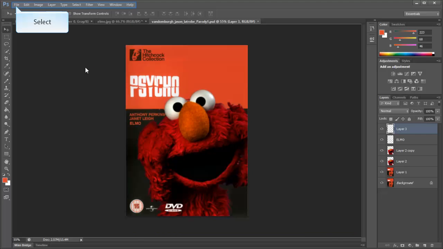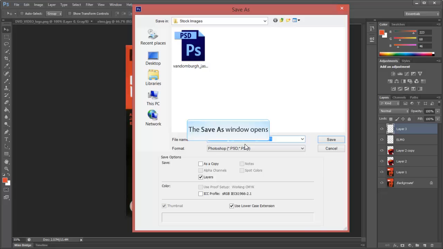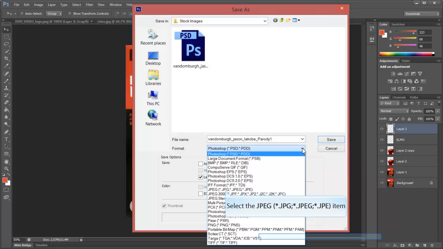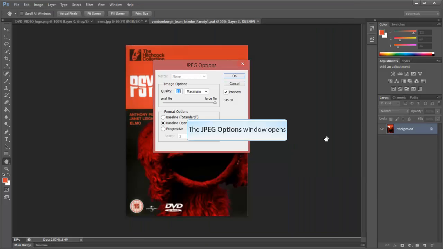Now as a JPEG format, File, Save As, we want to take that down to JPEG. Our file name is the same. Save, maximum file size,